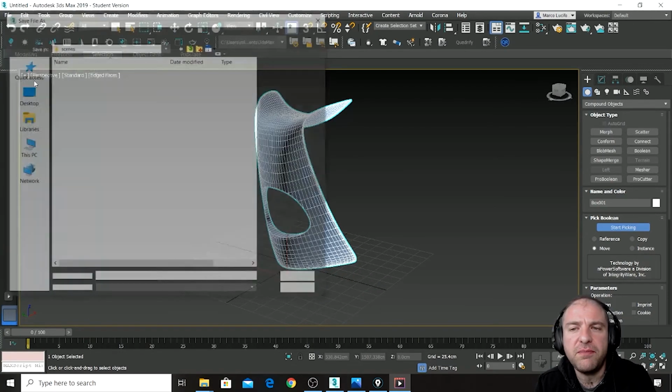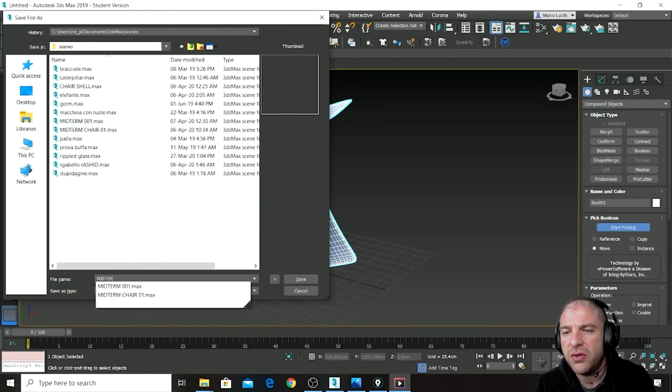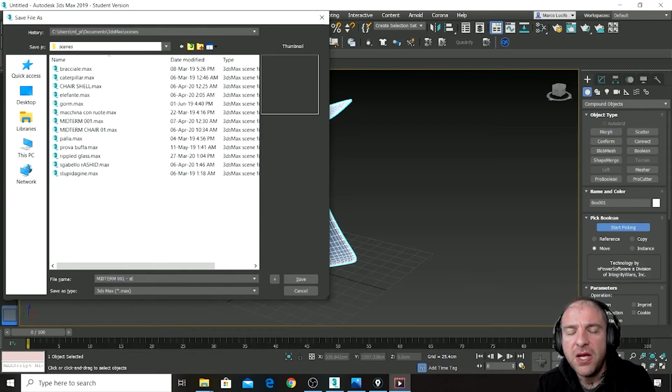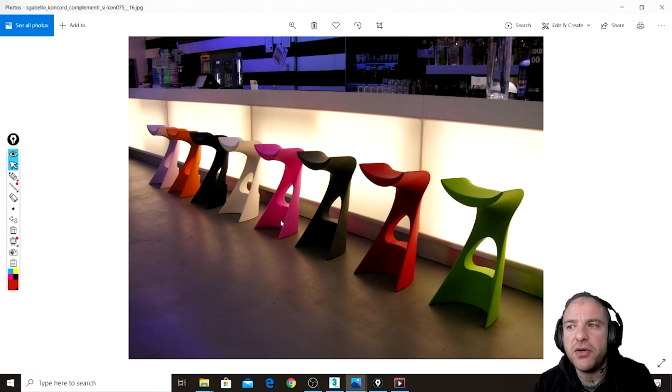I will save it, and then you can find this into the Google Drive as well. Okay? So, believe it or not, it is nothing more than this. So, believe it or not, making a stool like this was nothing more complex than using Edit Poly and making a few adjustments into the vertices, applying Turbo Smooth, and having